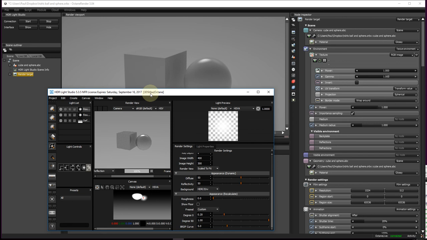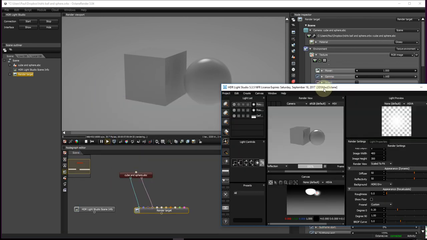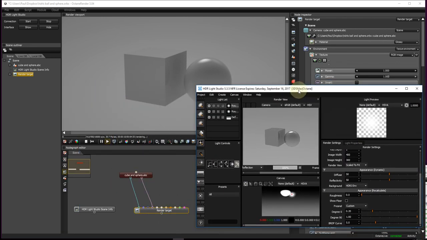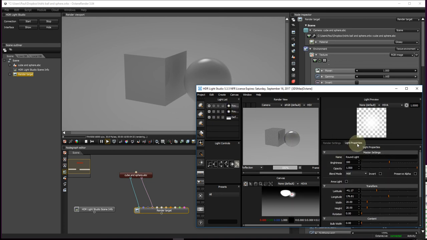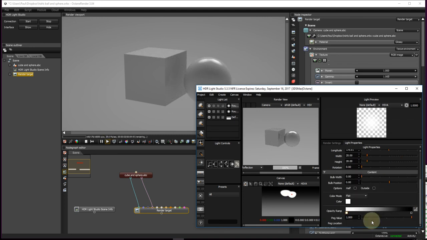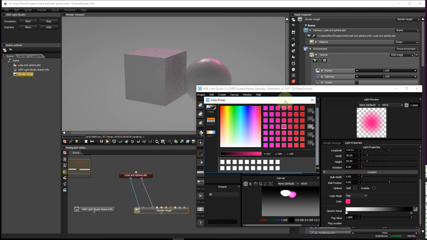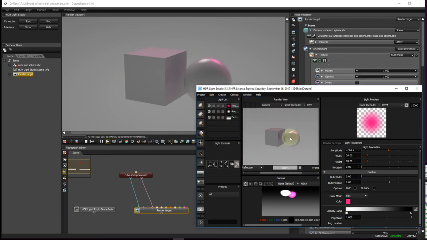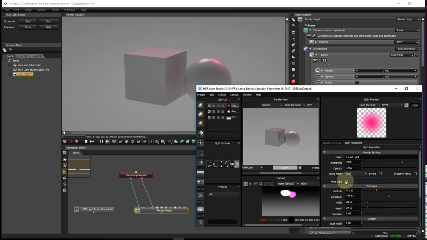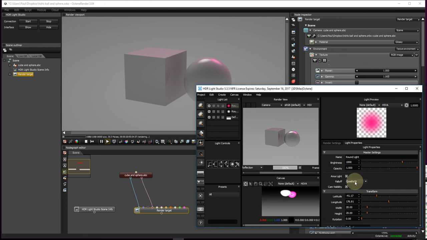So the really cool new feature is the area lights. So I can take this round light here. I might just make it a bit brighter, and I'll give it a color. So I can take this light and convert it to an area light. Now at the point that it becomes an area light, that will represent a physical geometry mesh item in Octane Standalone. And the way it does that is pretty cool. So you click on area light,